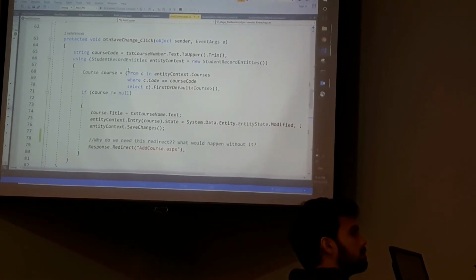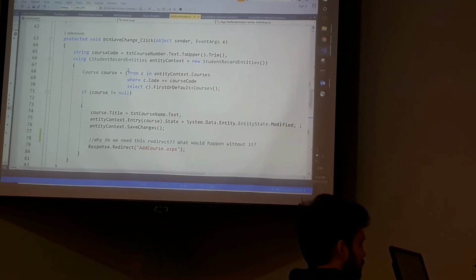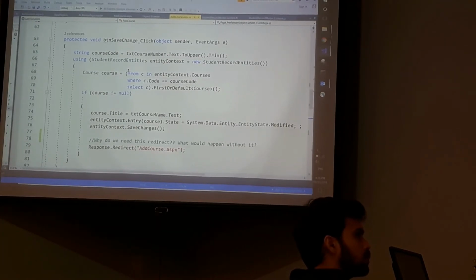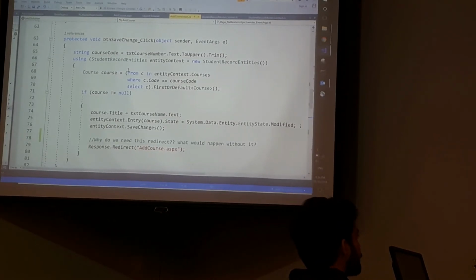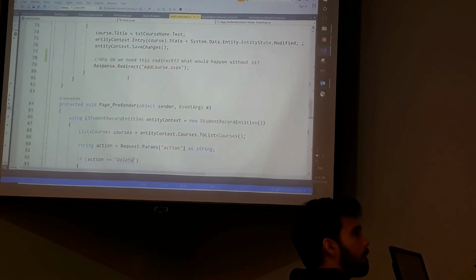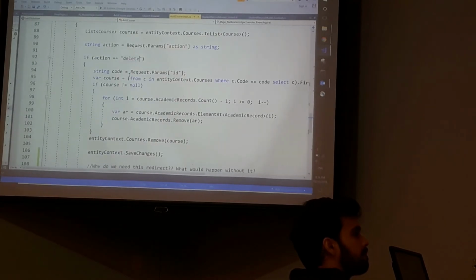And also, we redirect back to the same page. We do not want to change it one more time. So again, this wipes out the HTTP request, the browser state. So for delete,